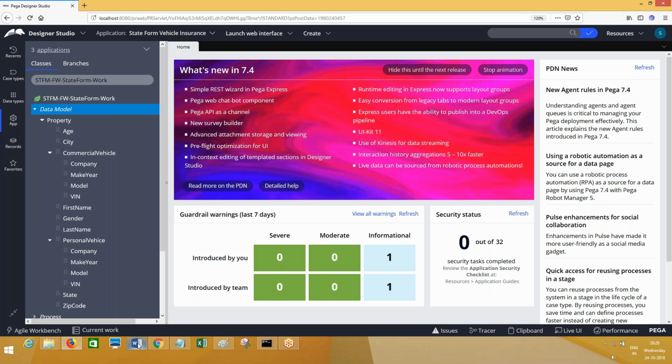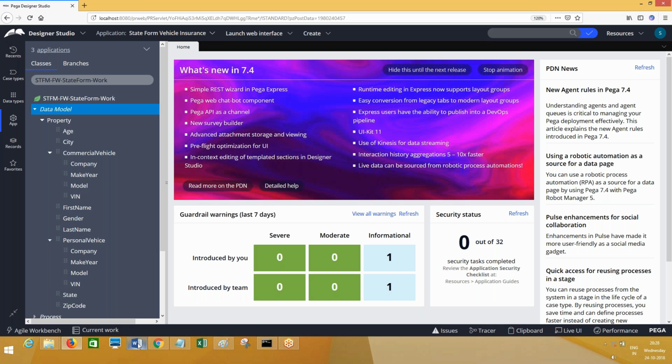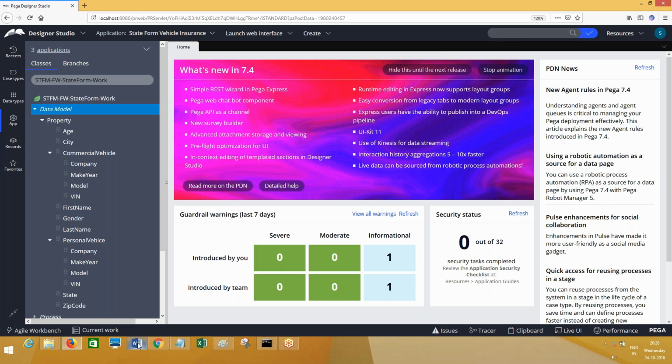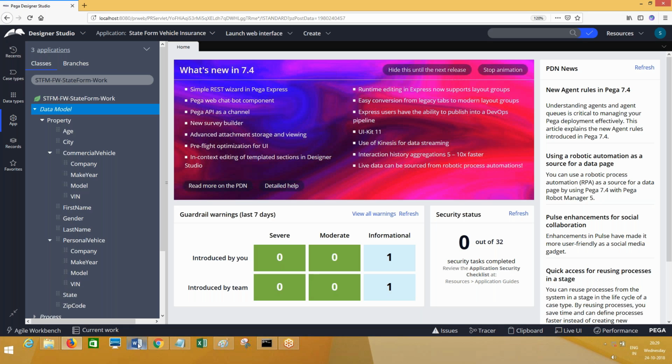So how do we use these properties in UI? We are going to do that now. Single value properties, you know how to use in a section: you simply drag and drop, done, completed. Page properties you cannot simply drag and drop like what we have done before. You have to do the reverse. I'll show you how to do it. Up to this, everyone clear?